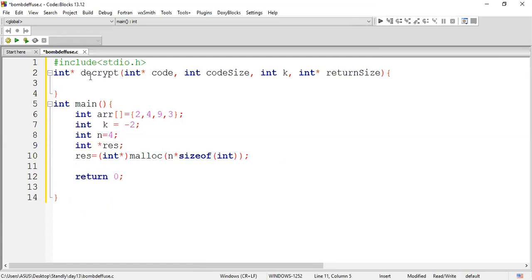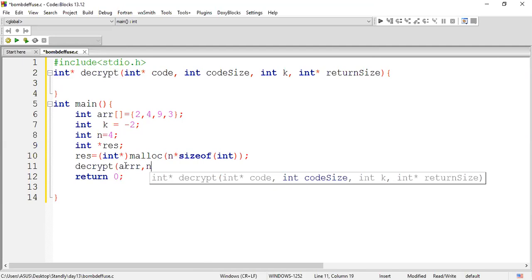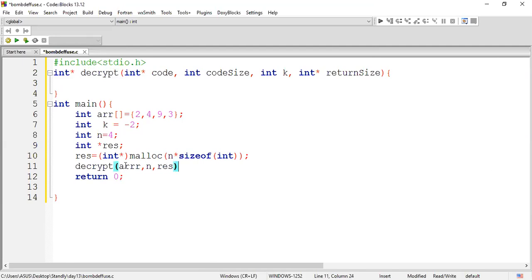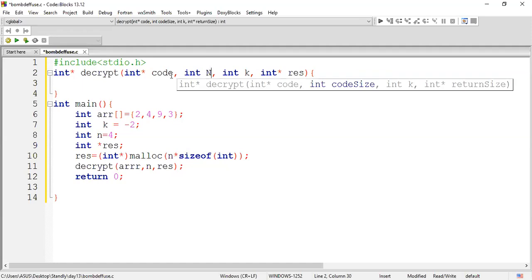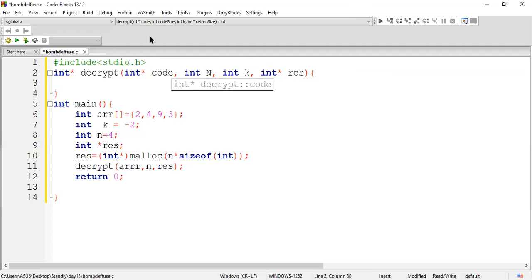In the function call, what is the name of the function they mentioned here? As per the code, the function name is decrypt, and the first argument is the array name. So first is our array, followed by the size of the array, followed by the resultant. So these are the elements. Fine. We'll go with the logic then. Here let me reduce the size of it, guys. The names are too lengthy, so each time we want to type it, it will be too hard. So let me reduce the name of it. Okay. So this could be fine.